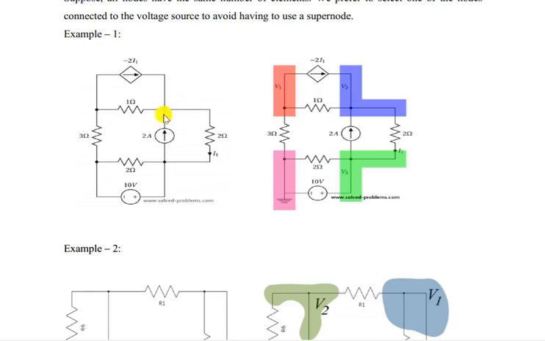So this is the circuit. Which one, 2, 3, 4 nodes are there. Which one do you have to take as ground? This one, this one, this one, this one. So you can take this one as ground. Then this one will be plus 10 volt. If you take this one as ground, this one will be minus 10. So let us take this one as ground, then this voltage will be 10 volt, 0, and these two will be unknown. So only V1, V2 you have to find out.